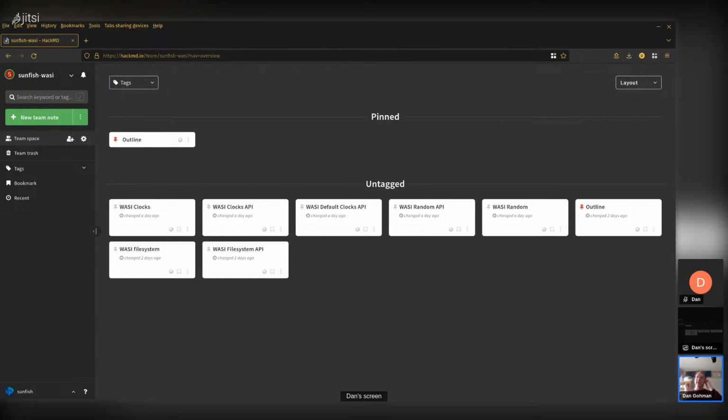So yesterday we did WASI clocks and WASI random. Today, following the outline we had yesterday, we're going to do WASI IO, which is all about streams, and WASI poll. And we'll probably get started on WASI file system because there's a lot of space there we've got to cover. And we only have one more day scheduled. If we run out of time, we'll schedule some more live streaming episodes, but today we'll see how far we get.